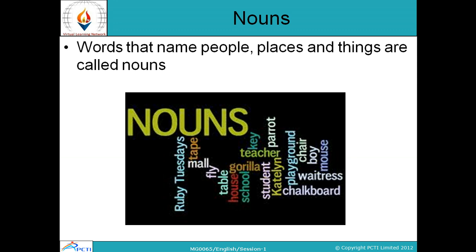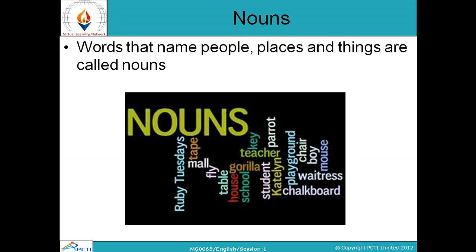Objects like fork, television, car. Substances like iron, air, gold. Actions, race, dance, sing, hits. Measures, kilogram, centimeter, day. And qualities, happiness, honesty, beauty. All these are what? They are nouns. Now nouns can be found anywhere in a sentence. Noun कभी भी sentence में कहीं भी मिल सकता है और ज़्यादातर sentences में बहुत सारे nouns होते हैं.